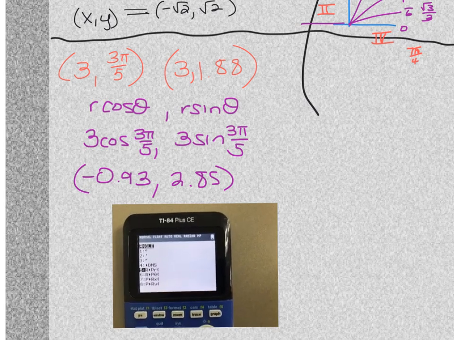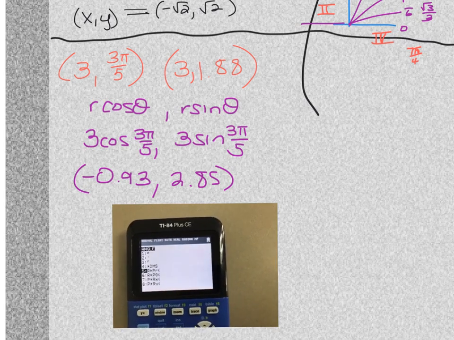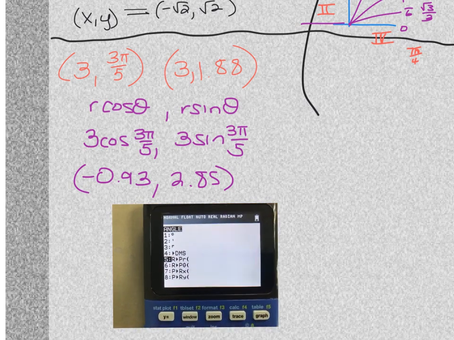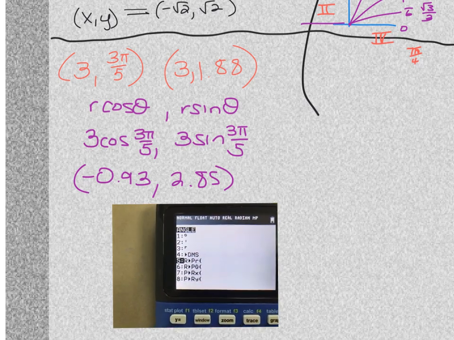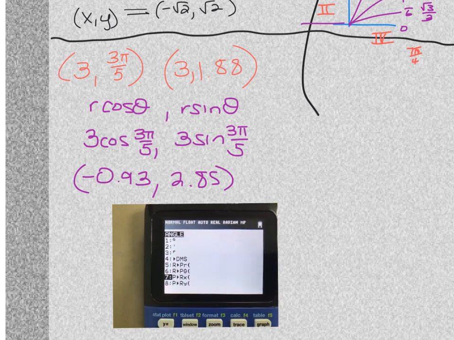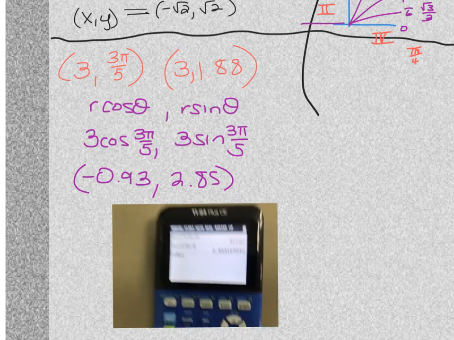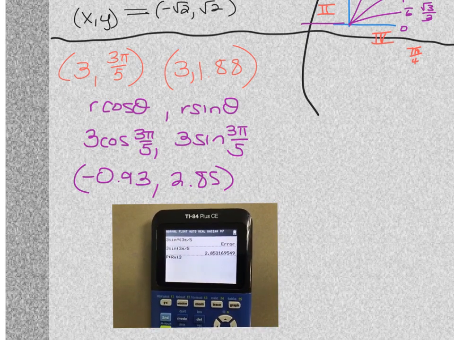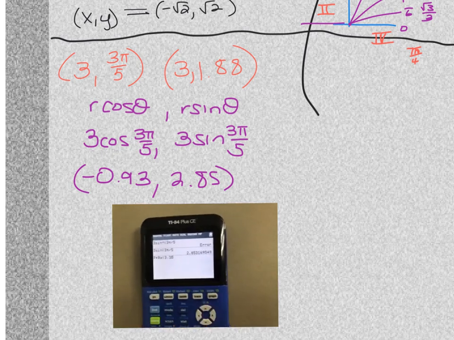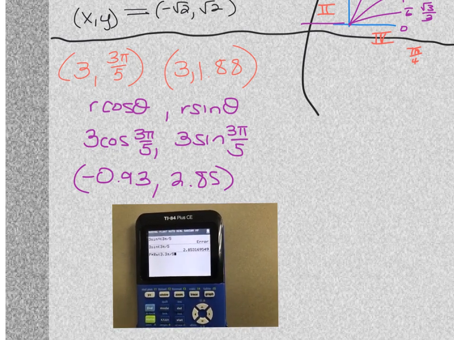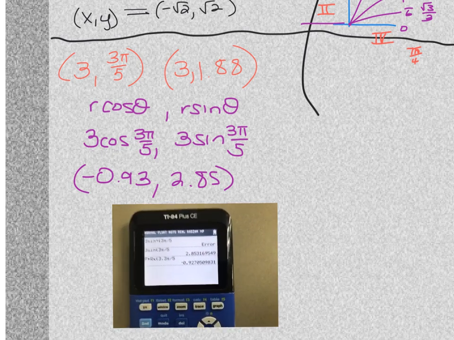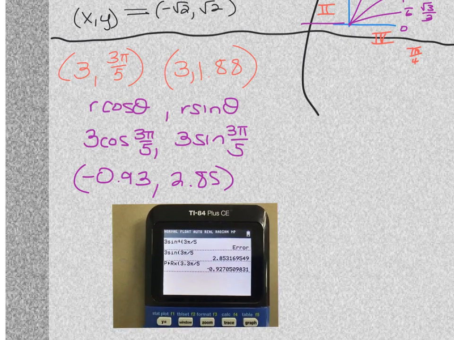Polar to rectangular. So I'm going to do them both twice, whichever one it is, because one is polar to rectangular x and one is polar to rectangular y. So I go down to polar to rectangular x, I hit enter, and then I'm going to type in my polar, which is 3, comma, the comma's above the 7, 3 pi over 5. I'm going to hit enter, and it's going to give me the x coordinate